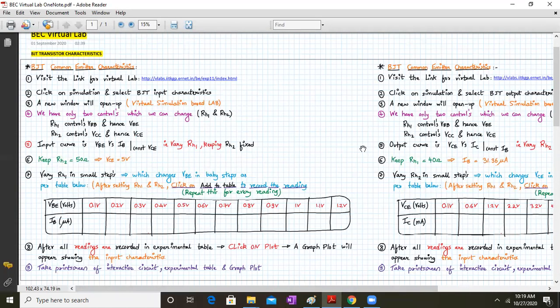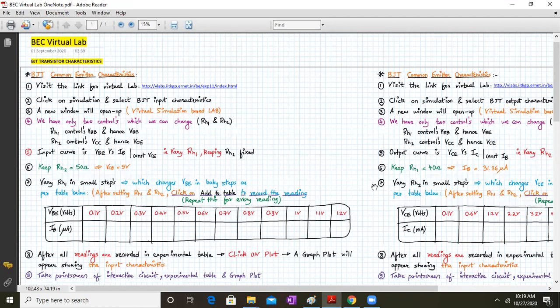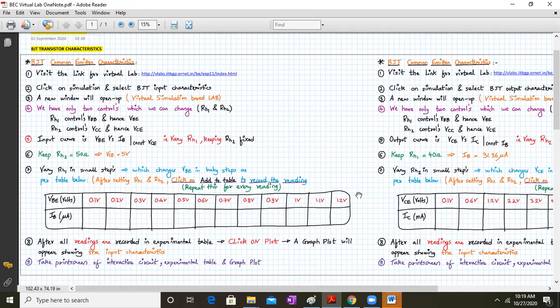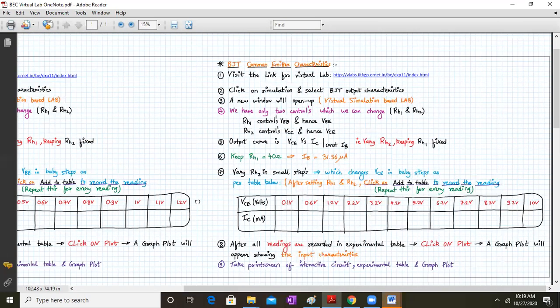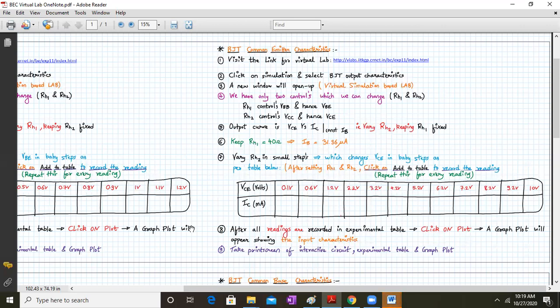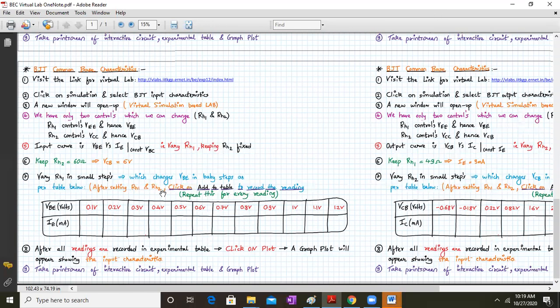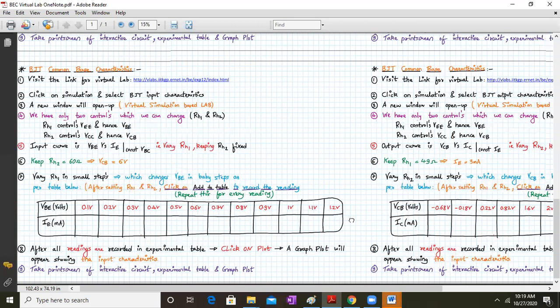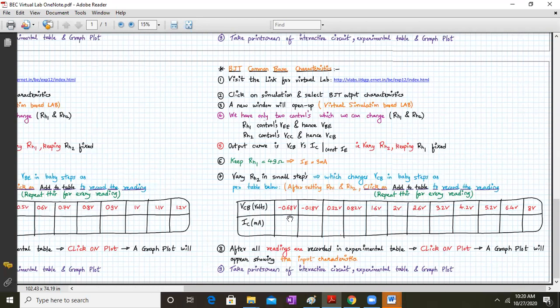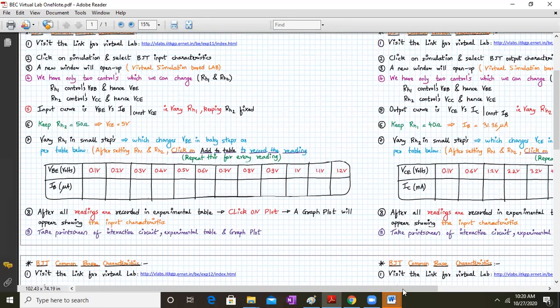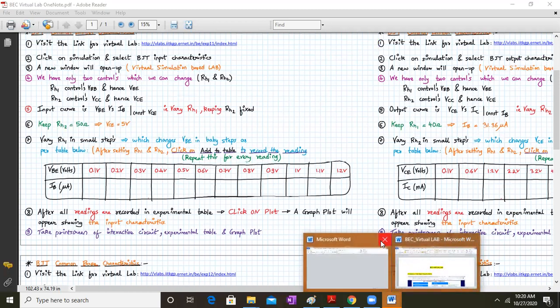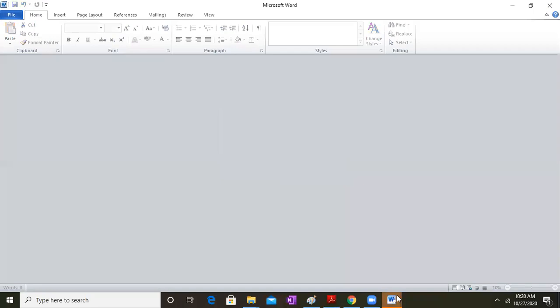Yeah. So after you add all the plots, you have to write a meaningful conclusion too. And please follow this table strictly for all the 4 cases. For common emitter input characteristics, follow this table. For common emitter output characteristics, follow this table. For common base input characteristics, follow the readings in the table. And for the common base output characteristics, follow this table. Now remember, you don't have to type this table over here. Automatically, it will come in the form of the print screen. I hope this point is clear to you.